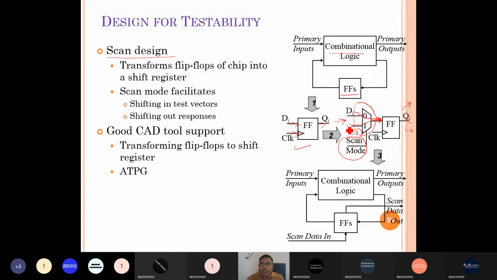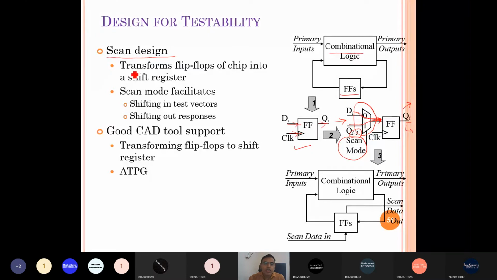So we can see all the internal node logic through this chain of scan flip-flops, and in that way it helps us check the internal node logic. Also, if any particular logic needs to be set in an internal flip-flop, we can set it through this scan chain logic, right?